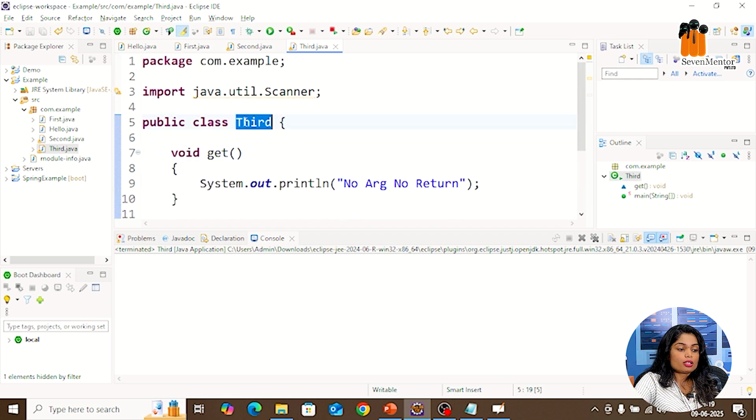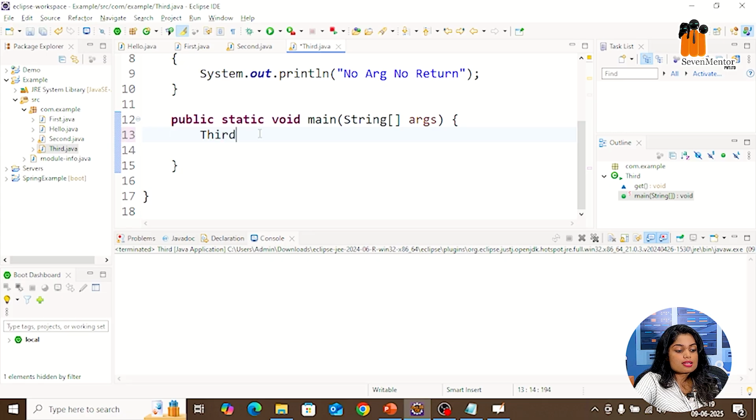So you need to create an object. The syntax is class name, object name equals new class name. That's how you can create objects. So here, T is the class, t is the object, and new is a keyword. Again, this is the constructor, which is the default constructor, and the compiler is responsible for it, as we previously discussed. Now we created the object, and the memory space is allocated.